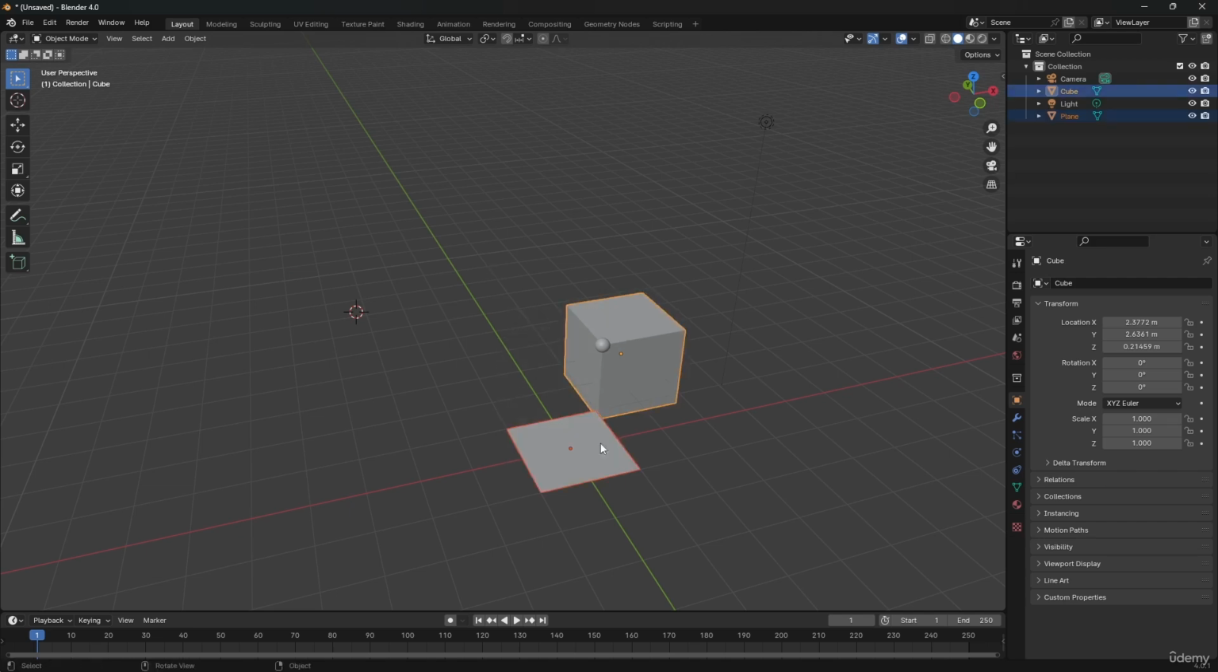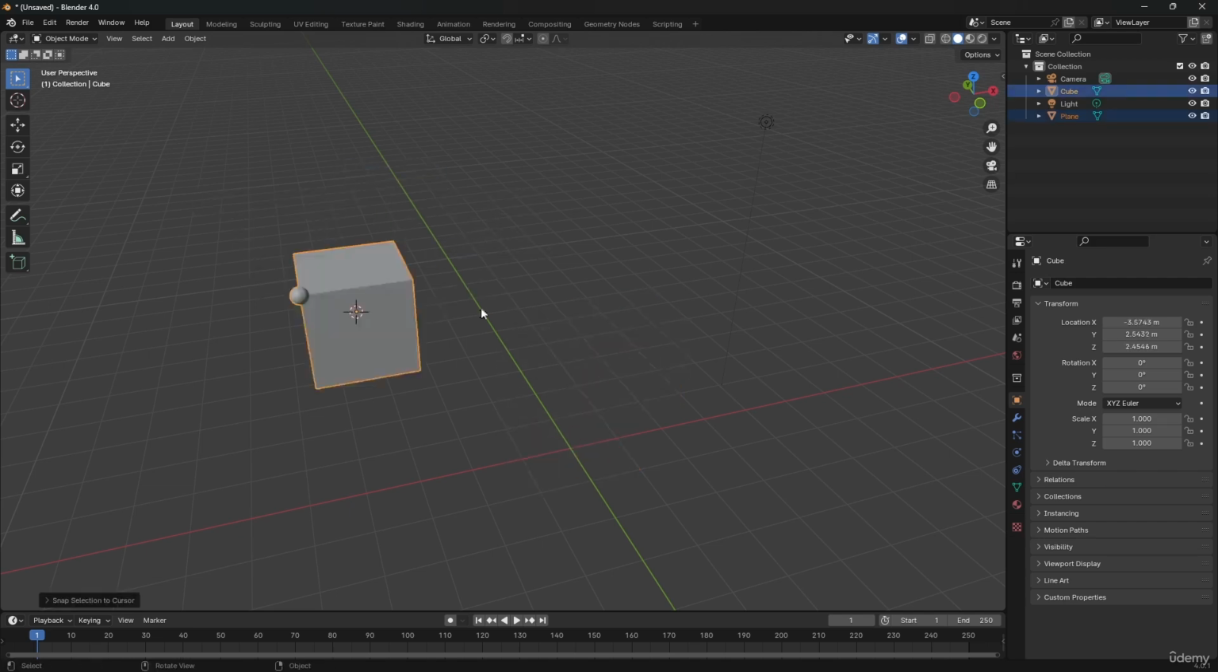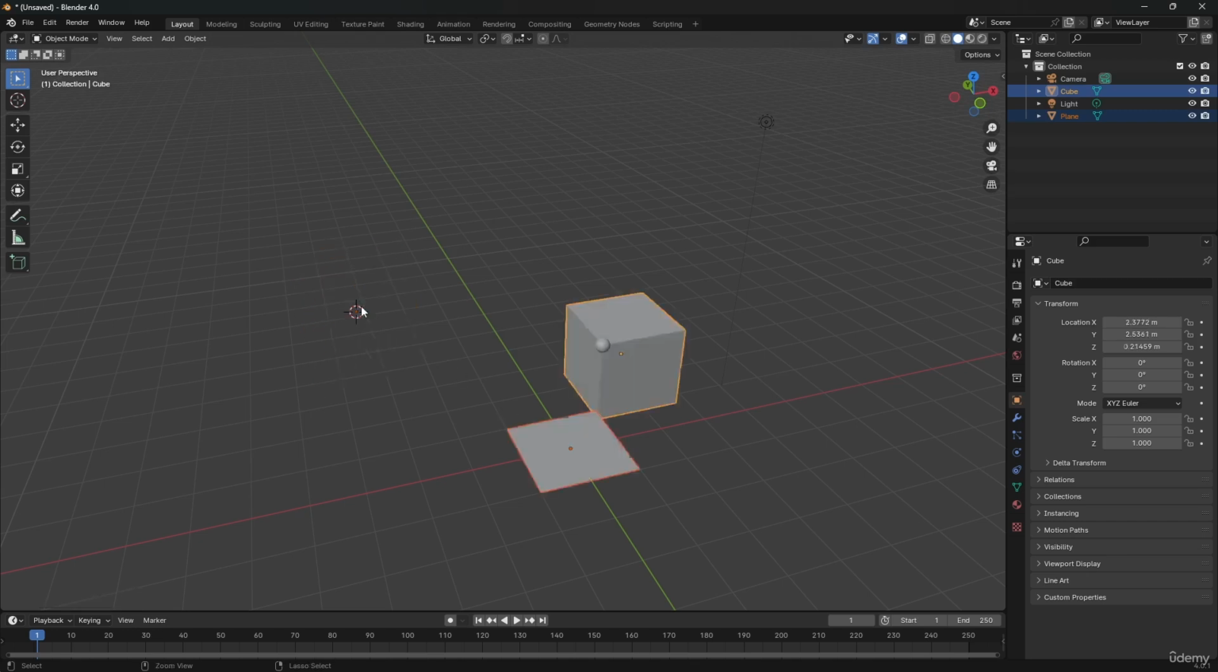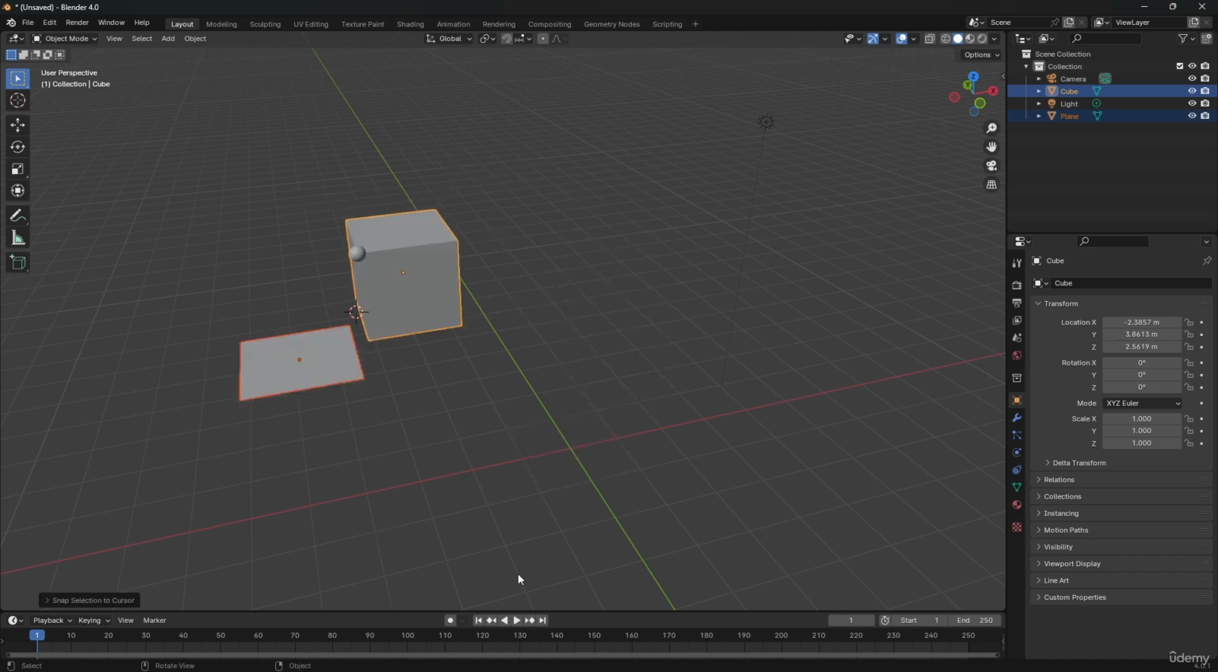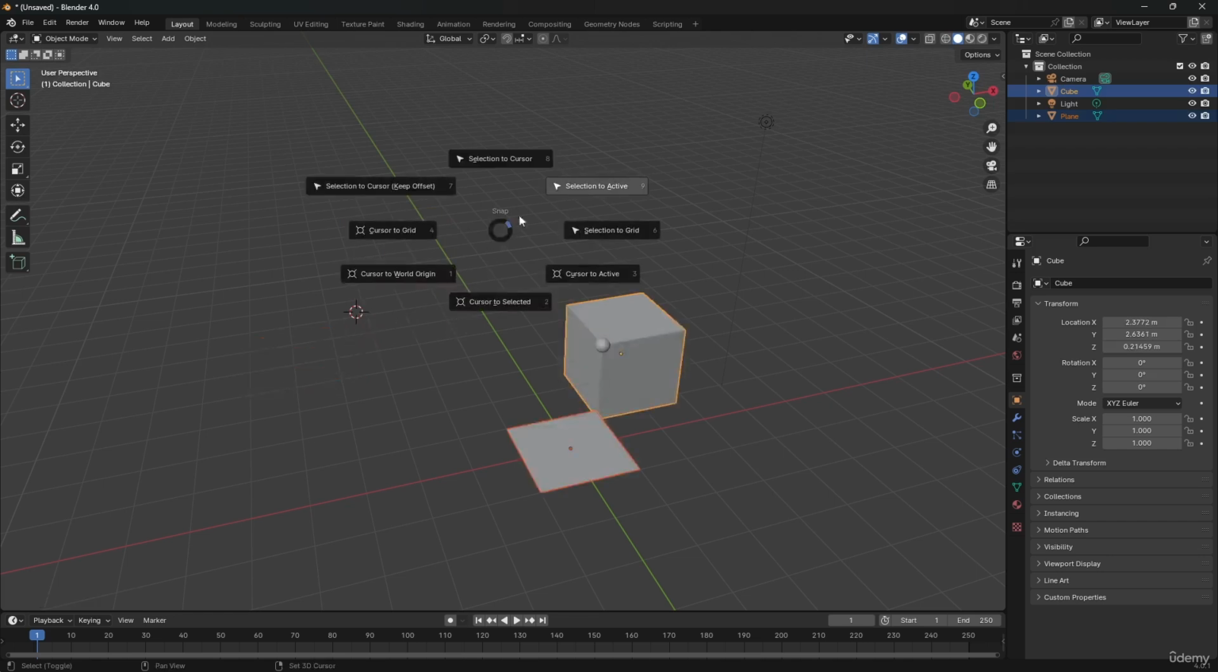If I have multiple objects selected and I do the same thing, you can see it's going to mess it up a little bit because it's going to snap both objects to the 3D cursor. So if that's not something that you want and you want to keep that offset of the objects, then you can press Shift S and then you can move selection to cursor but keeping offset. And then we have some more things like selection to active. This basically moves your selection to the active point,